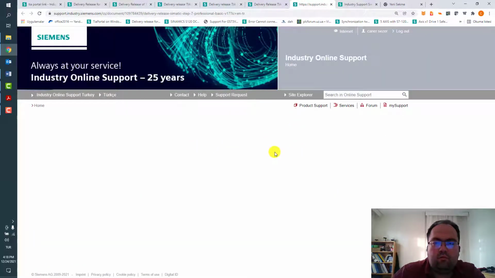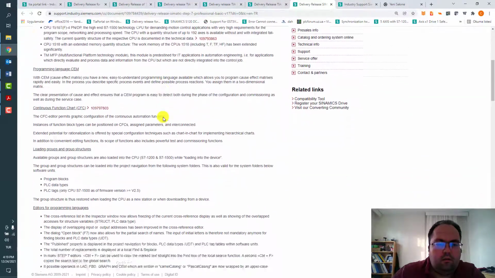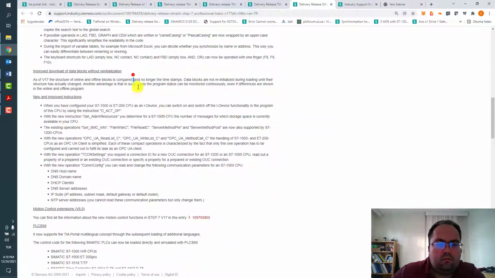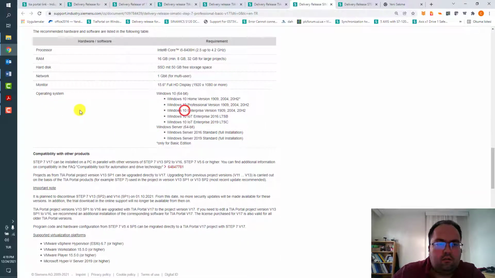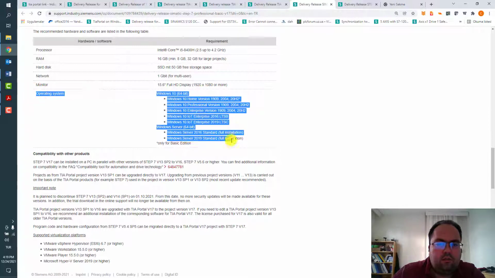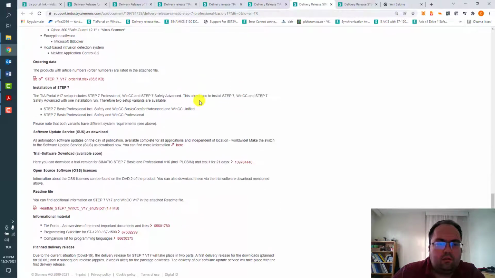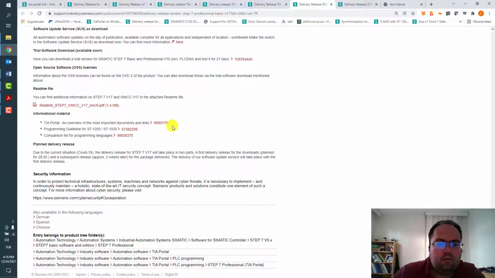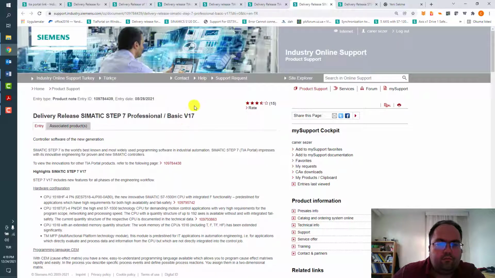It depends on your configuration. And you can get information about supported operating systems, compatibility with other products, order list, and so on.